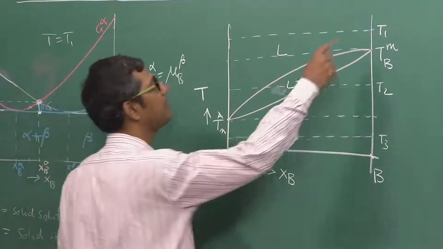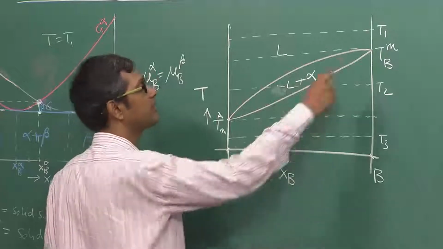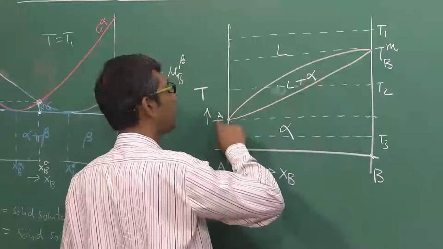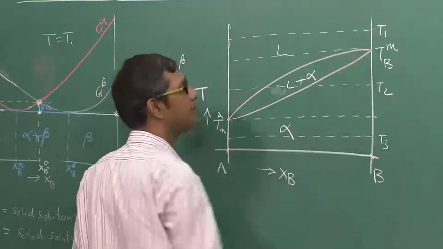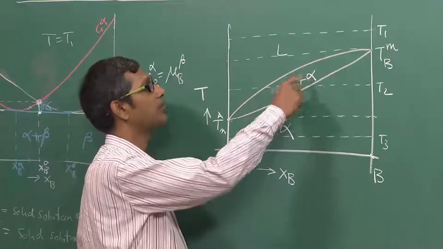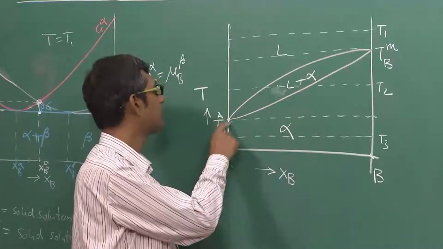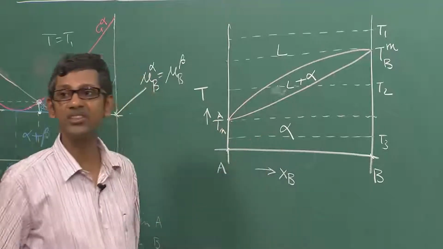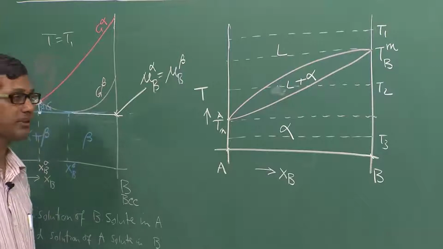So I have taken one temperature above the melting temperature of both, TMB and TMA, that is T1. I have taken a temperature which is exactly TMB. I have taken a temperature in between, in the liquid plus alpha region, that is T2, a temperature at the melting temperature of TMA, and a temperature T3